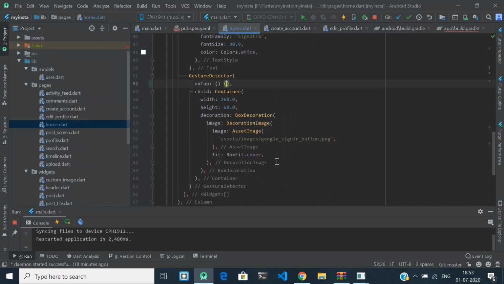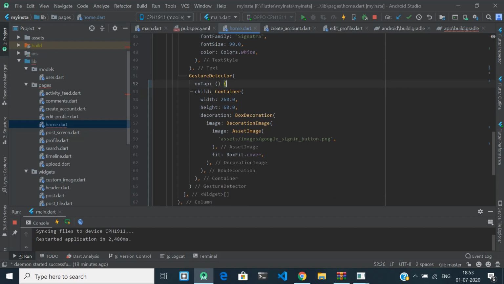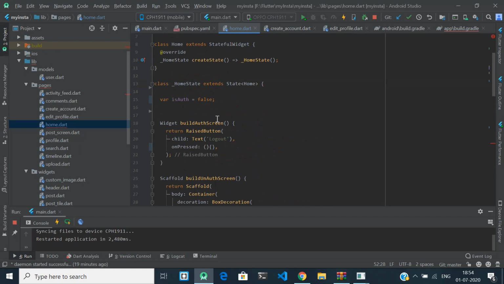In this onTap, we actually want it to call a function called login. So whenever we click on this gesture, this button, it should call the function login. If you want to use the shortcut, instead of just writing it here, we can write it like this also. Login. Okay, now we have to create this function.